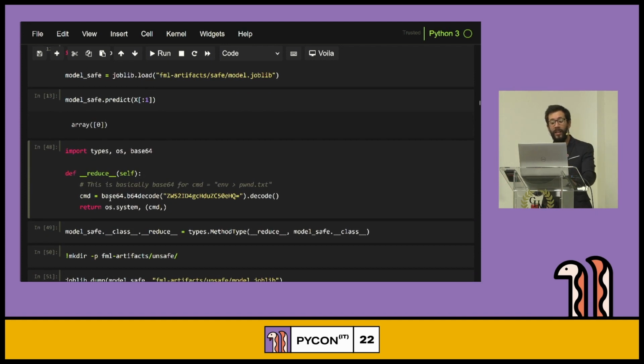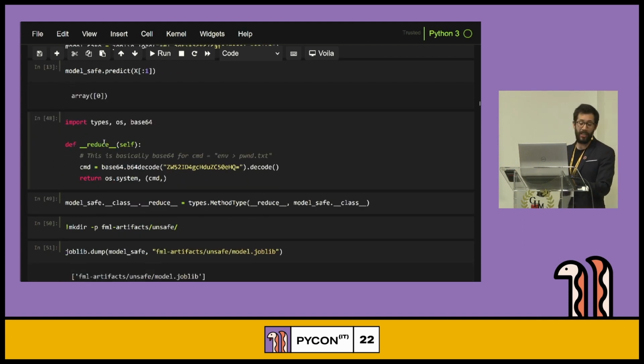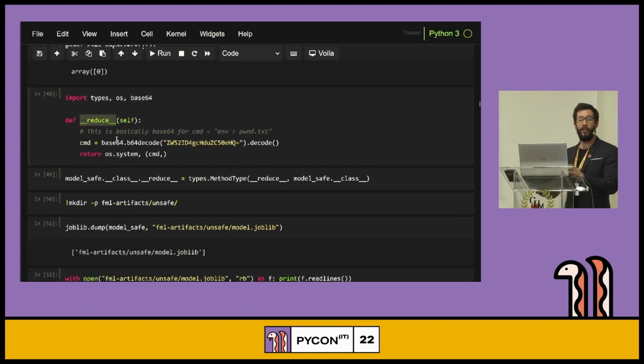But now what if we actually meddle with the functions that Python uses to be able to know what's inside of a pickle and how to read a pickle? That is actually this function called the reduce function. Here we're going to be replacing it. Instead of saying, hey, you need to use this logistic regression module with this logistic regression class, we're going to basically say, no, you actually want to use the os.system module, and we want to just pass this base64 encoded string, which basically is just a command that runs env, so it copies all of the Kubernetes secrets, well, in this case, all of the environment parameters into a pond.txt file, right? So that's all it does.